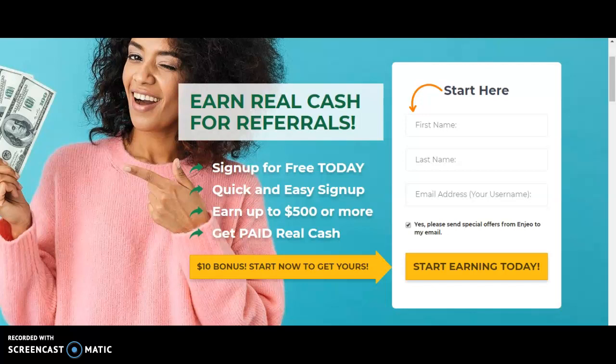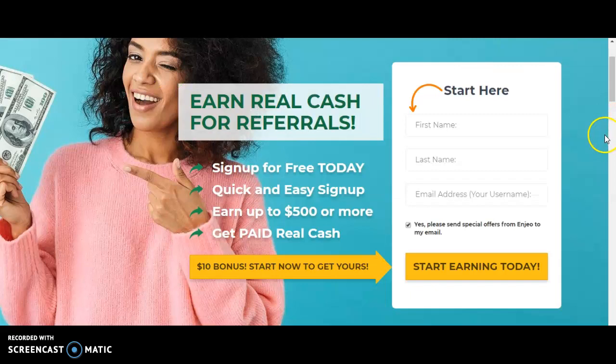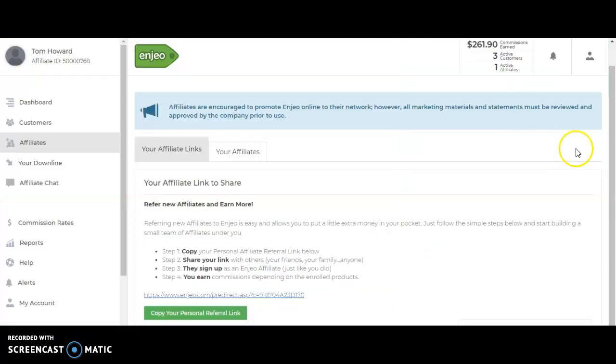Now, once you get in, you're going to be into an account like this here. And this is the goal, to have it look like this here. The affiliates is going to give you a link right there that you will send people to a page just like this page over here. All right, so then when you get in here, I want you to go to this link here,